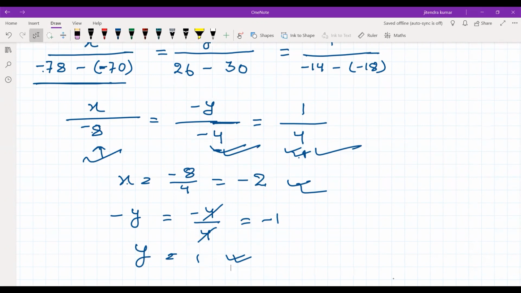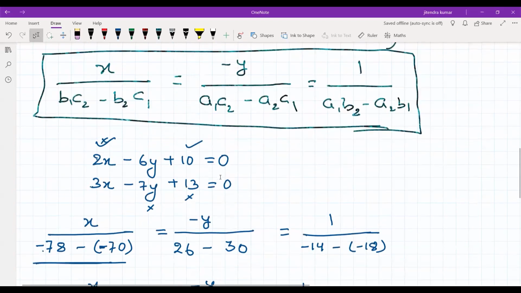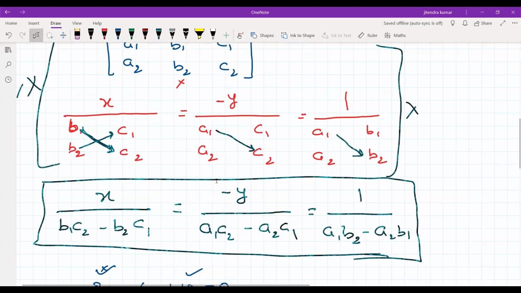Sir, why is it minus y? Why am I writing minus y here? This is from your formula. If you see your NCERT book, some have doubts about why I'm writing minus y here. In that case, what some books have done is, if you don't write minus y here, they have reversed these two. They have written a2 into c1 first and then a1 into c2 in the second.